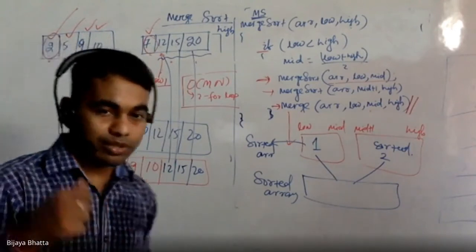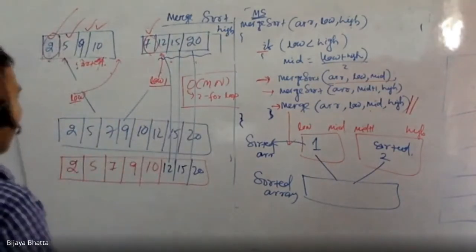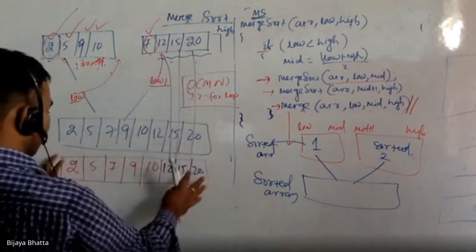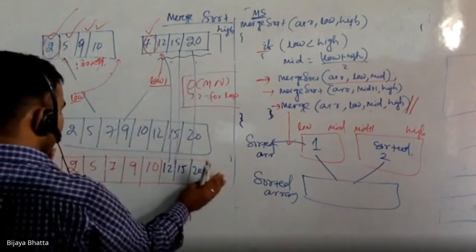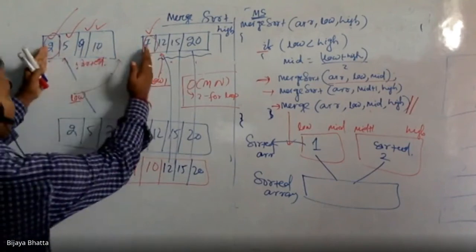So I'll just quickly say the algorithm and we'll write it also. So how it works, we'll create an array, right? Or else you can modify that also, that is fine. But anyway, we are creating a new array. So we'll put two pointers from here to here and compare them.